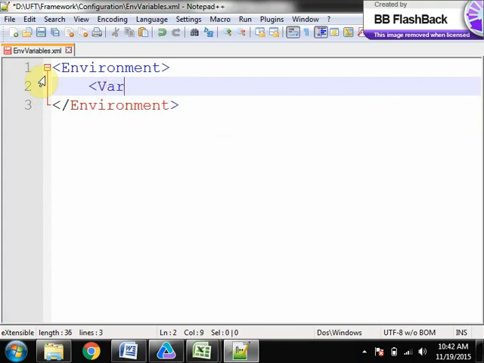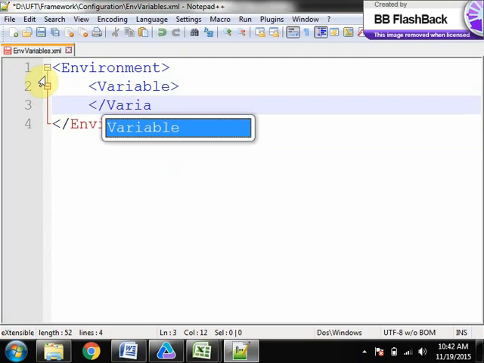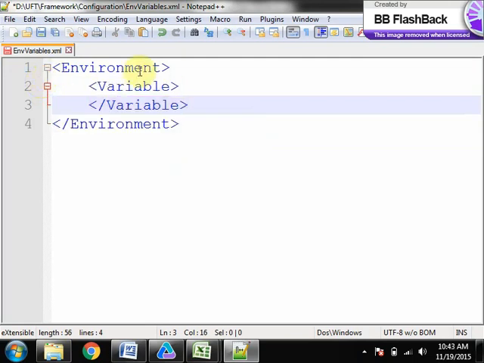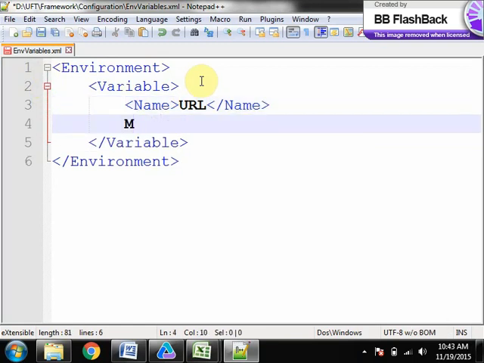So first you say variable, then name. I'll say URL. I'm creating the URL variable. Assume we have enterprise.demo, professional.demo, open source.demo.